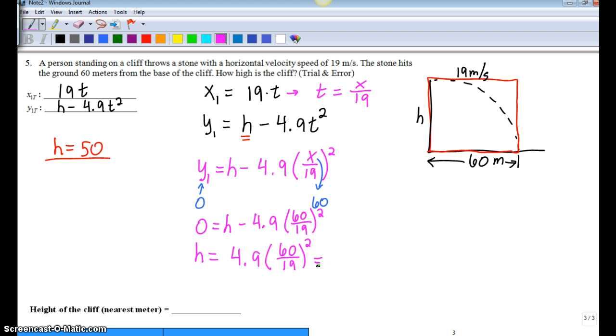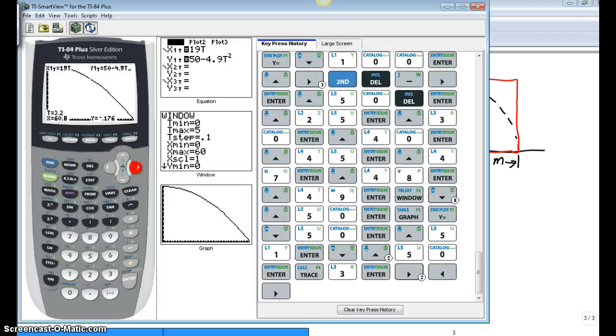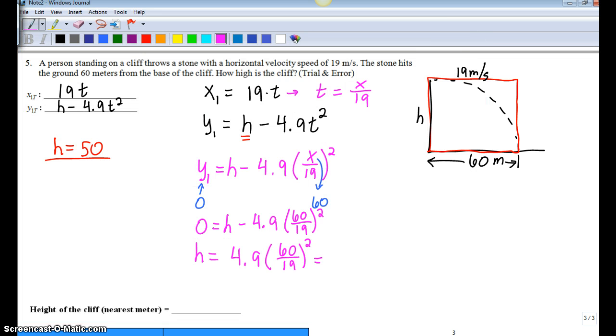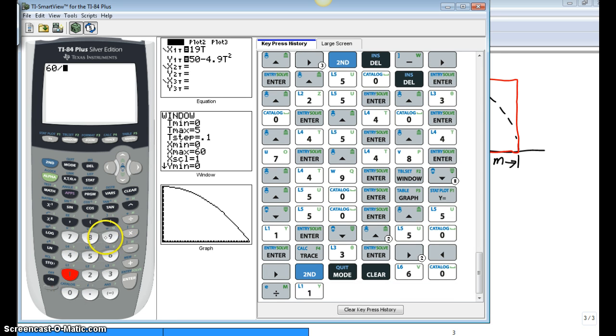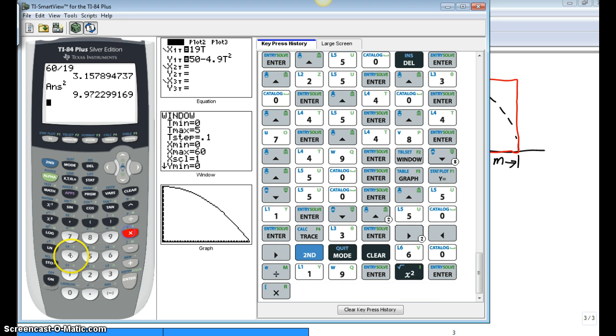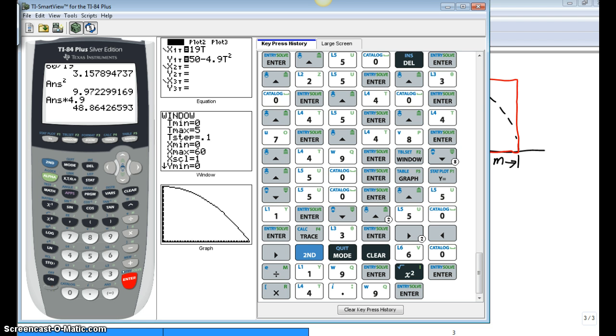And plug it in your calculator and you get, exit out of this, and I already forgot, what was it, 60 over 19 squared times our gravity. All right, looks like we should actually get 48.86,